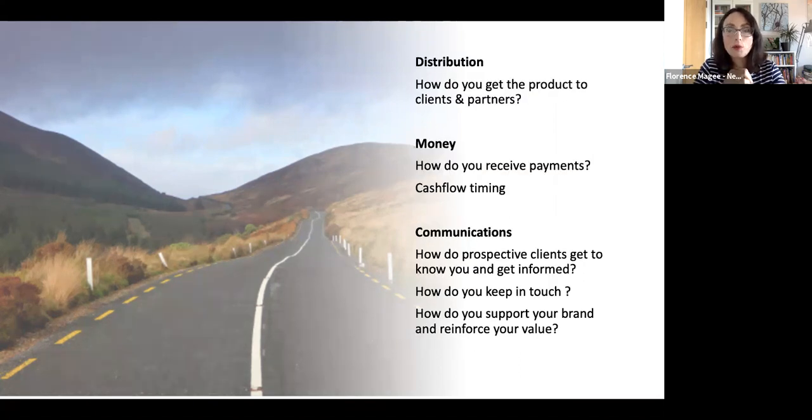Okay. The distribution is just literally how do you get your product into people's hands, but it becomes a big part of the business when you start doing volumes. How do you receive your payments, and do you know if you will have enough cash flow to run through the year? So, for example, if you do most of your sales during the Christmas period, how do you make sure that this money lasts you until the next Christmas period? And then finally, that flux of communication that comes back to you. How do you get people informed, keep people in the fold of your brand? How do you keep in touch? And how do you communicate so that it is in line with your brand?